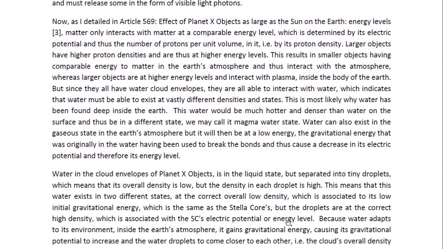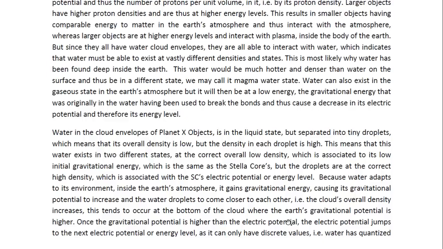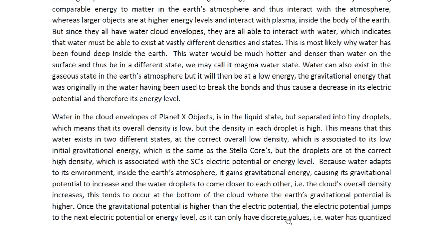Water in the cloud envelopes of Planet X objects is in the liquid state, but separated into tiny droplets, which means that its overall density is low, but the density in each droplet is high. This means that this water exists in two different states: at the correct overall low density, which is associated with low initial gravitational energy, the same as the stellar cores, but the droplets are at the correct high density, which is associated with the stellar core's electric potential